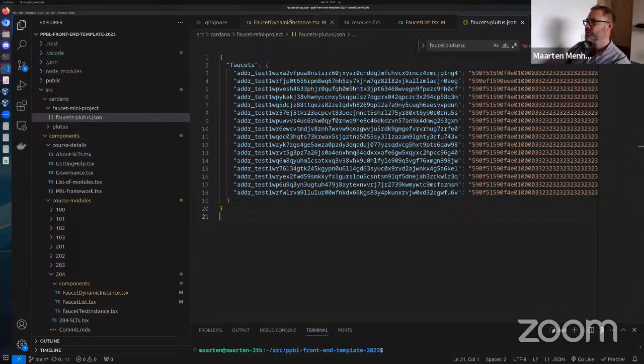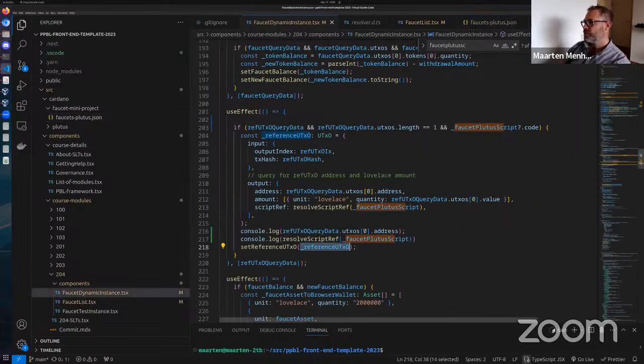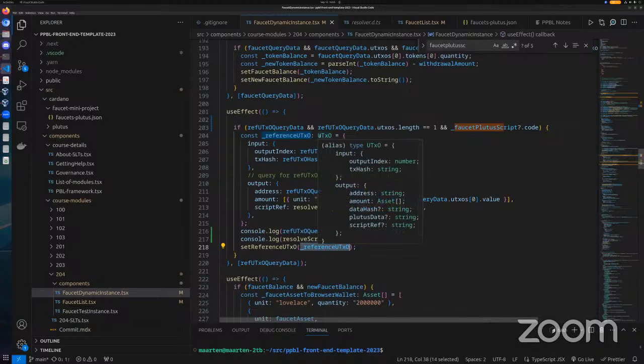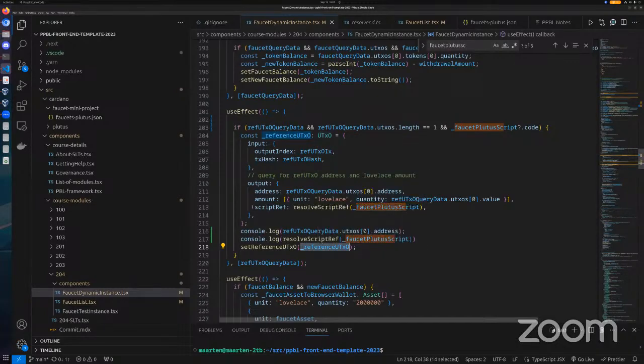It's just there because the definition is just filled out like it was. Well, try it. What if you remove the resolve script? Just put faucet Plutus script. Well, we still need the script ref, but I'm saying just remove the resolve script ref function that's around it. You see what I mean?